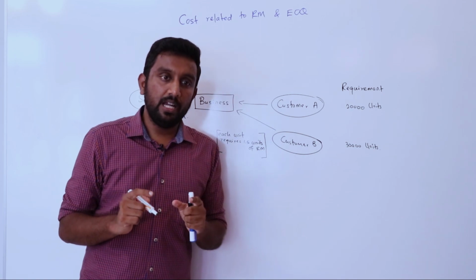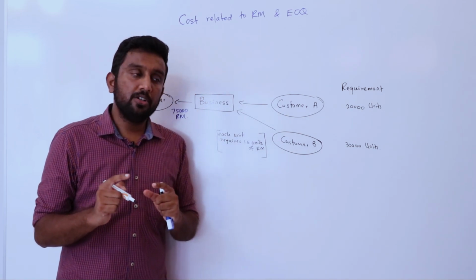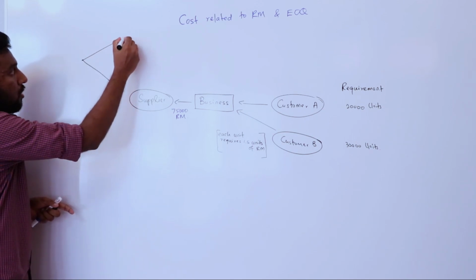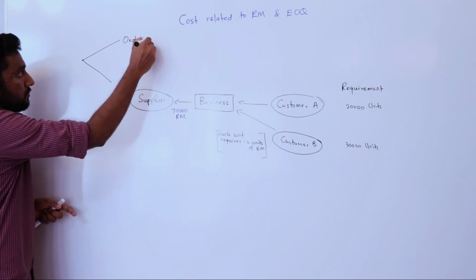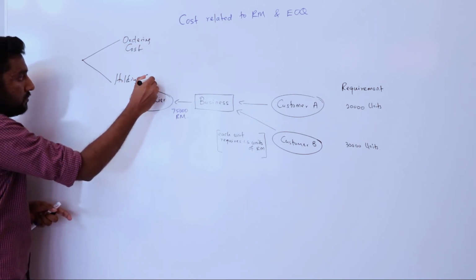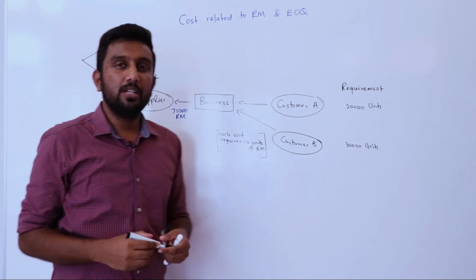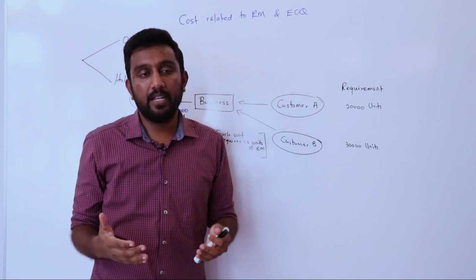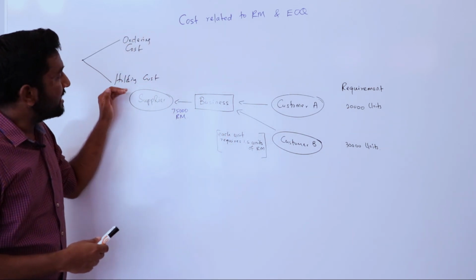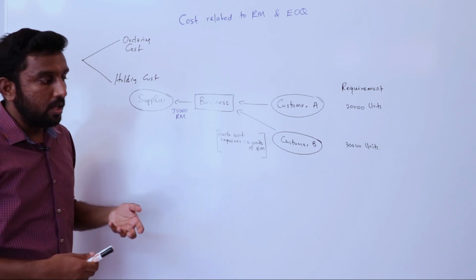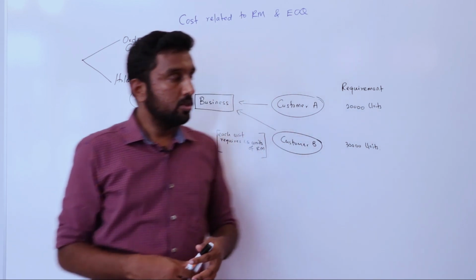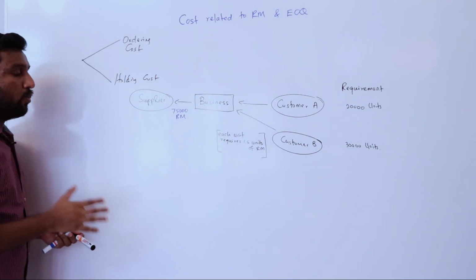Generally, material costing relates to two types of cost, or two parts of cost, which are ordering cost and holding cost. The ordering cost means the cost for an order, or let's say the total cost to make the order. And holding cost means, once they receive the goods from the supplier, the cost related to storing the goods in their warehouse. So in this scenario, we're going to make only one order.